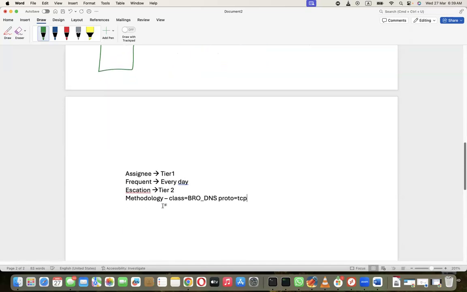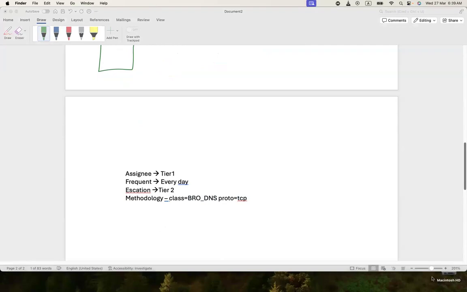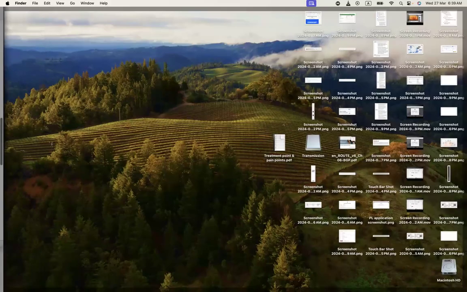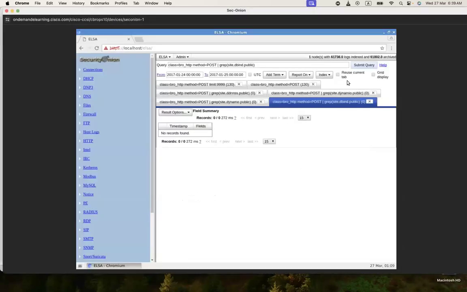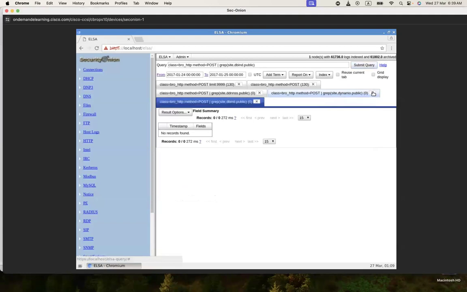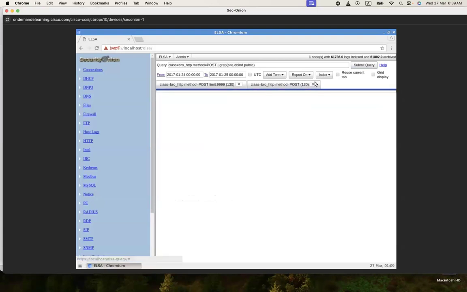What I'm trying to do on my ELSA, I'm looking into the messages related to bro DNS. If it is using TCP, please show me that information, so that I can understand whether any TCP related activities happened against my DNS server or not. Now again, I'm opening up my Security Onion. Where is my Security Onion? Here it is. Now here, let me close all these queries. I'm not interested in all these queries now. I'm interested in